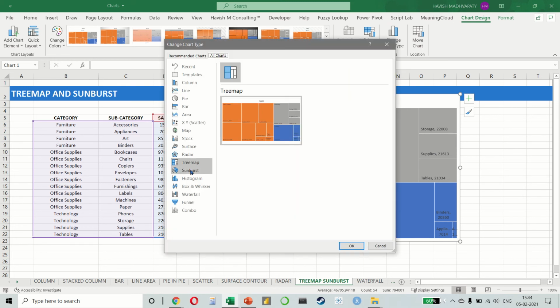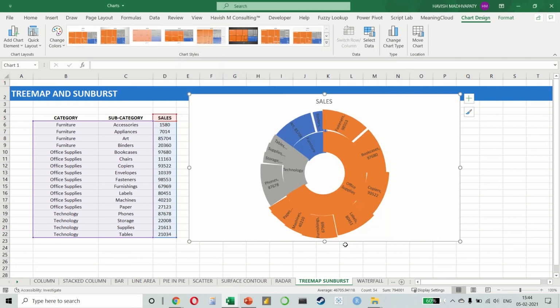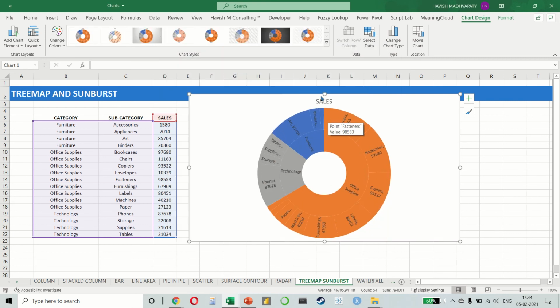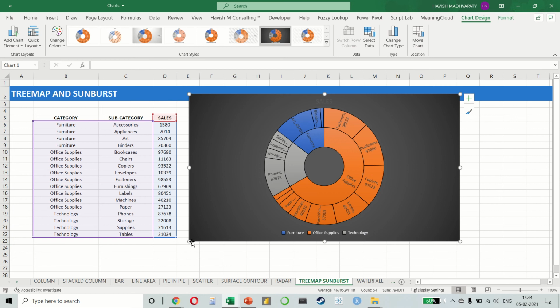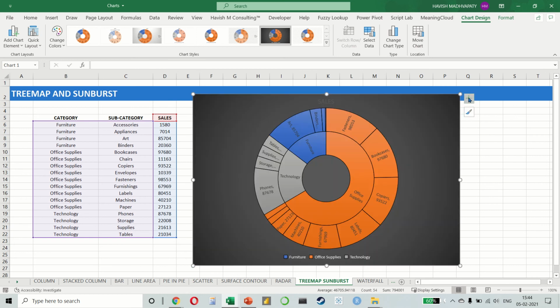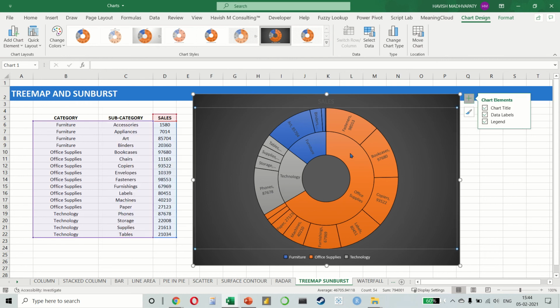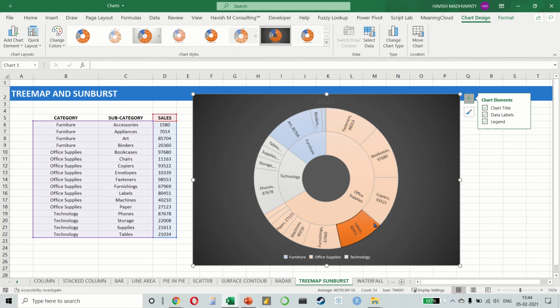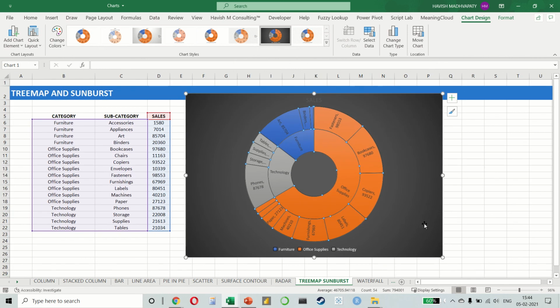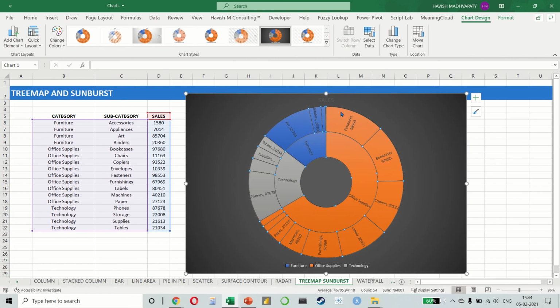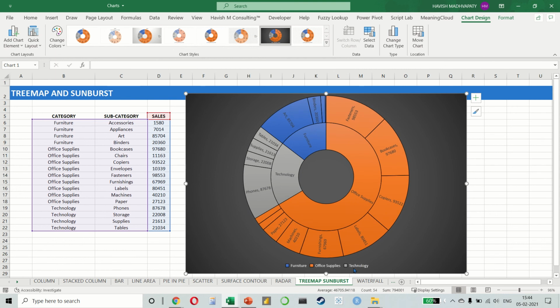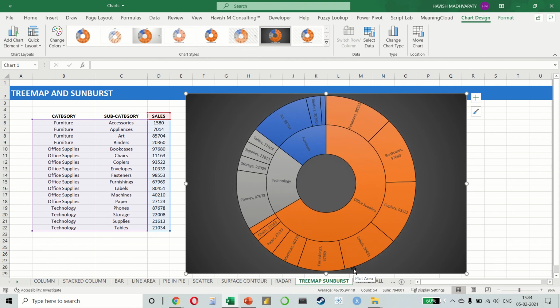You can also change it to a sunburst, which is a little bit like a pie chart, but there are different levels to this chart. For example, you can see here that this is the office supply, and in office supplies we have all the different types of office supplies. The sunburst can accommodate more than 2 levels, even though you have to be very careful while you're doing that, because when you keep too many levels, the numbers might be a little difficult to read.